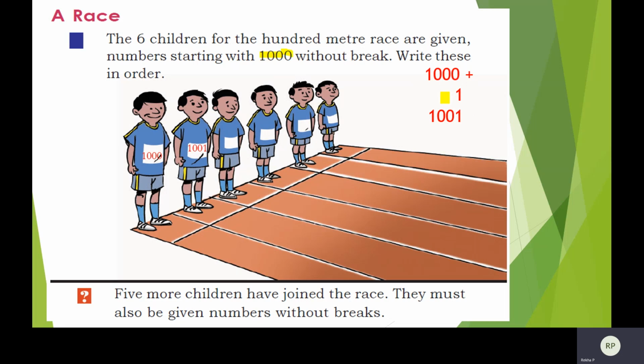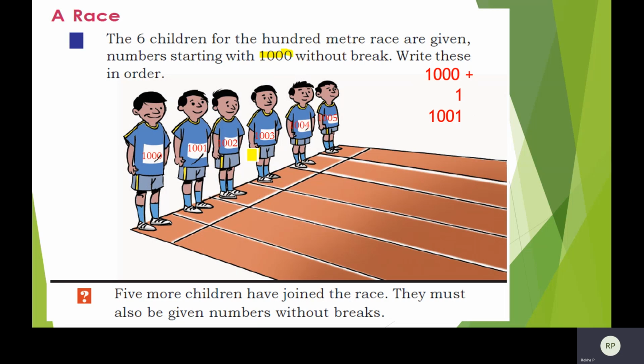Then the other values you write like this: 1, 0, 0, nothing to be added, so write down 0, then this 0 and then this 1. So you get 1001 for this student. In the same way you add 1 to 1001 to get the next number. So you will get 1002, then 1003, 1004, 1005 like this.